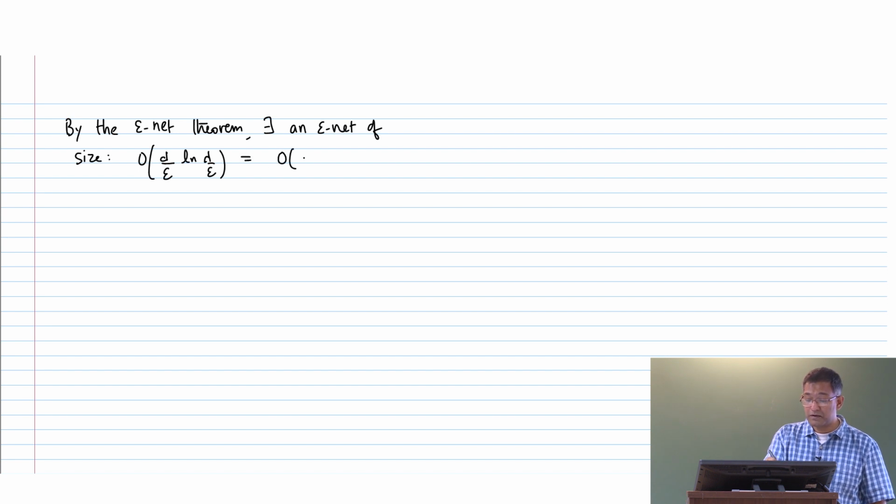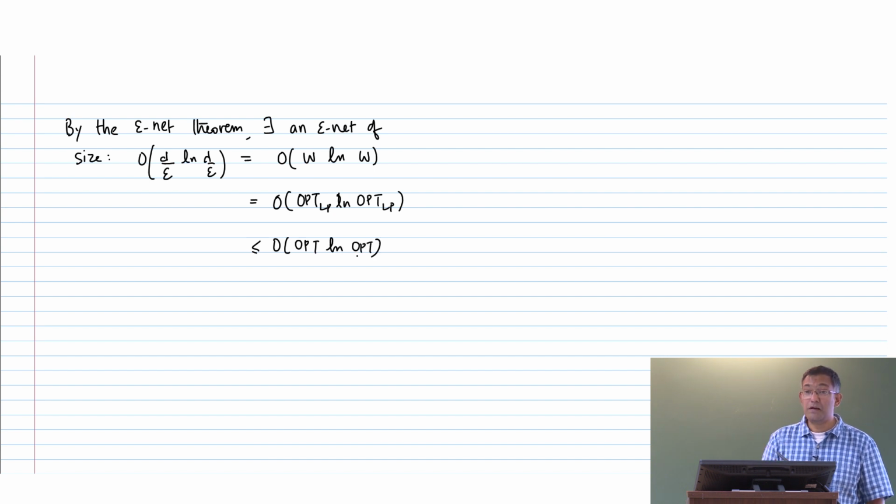This is W log W, where W was just opt of the LP. But the optimal solution for the LP is at most the optimal solution for the integer program. Therefore,